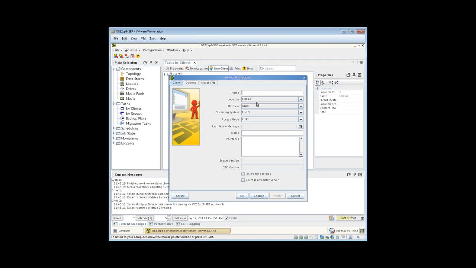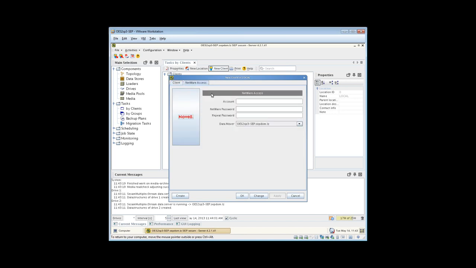And our new clients are going to be first our NetWare 658 box. And it, of course, is NetWare. And we have to log into the TSA. We aren't going to install an agent, so it's completely agentless, but we have to be able to authenticate to the TSA because there is no agent that locally has administrative rights. So go ahead and give it credentials